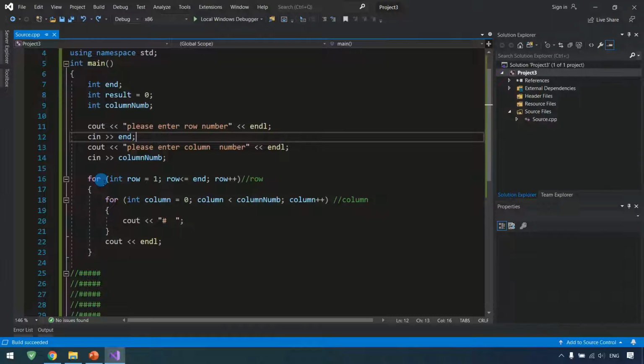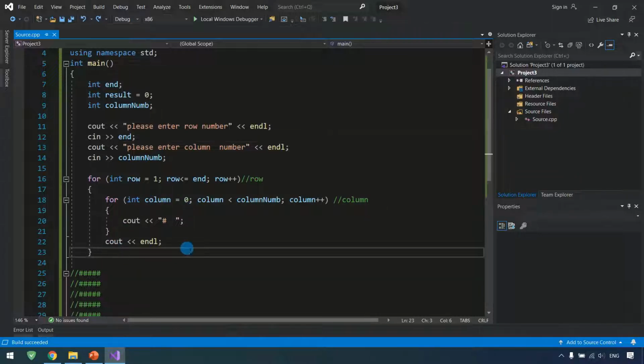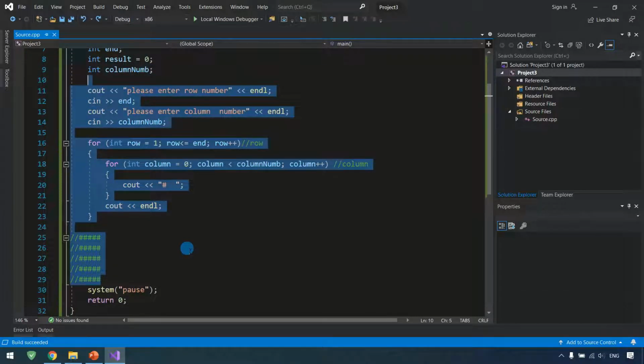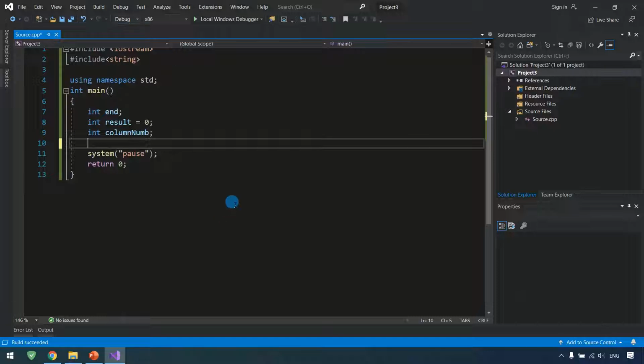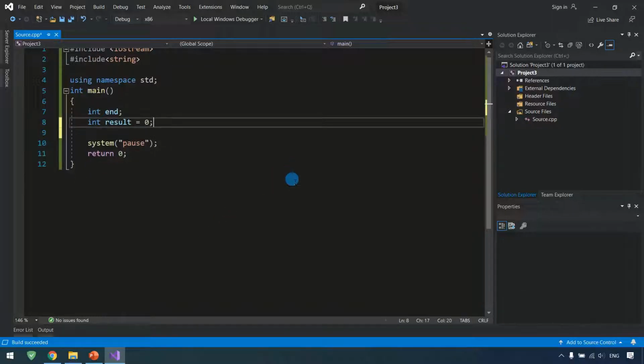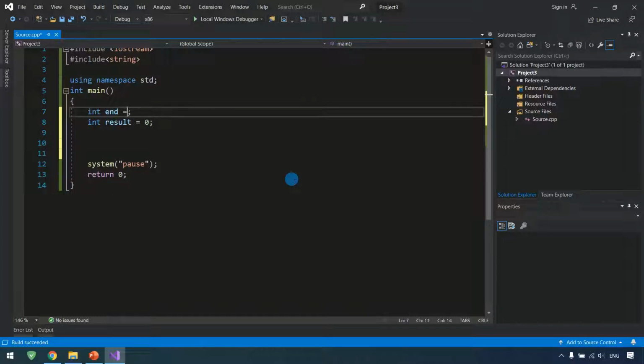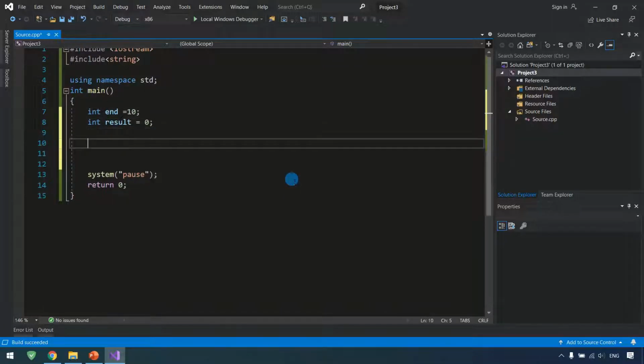We have used single for loop, nested for loop which has if statement inside it, and for loops inside if statement as well. So these are almost all things about for loop. Now we have another thing which is known as while loop. While loop is the same if we apply the same example on both while loop and for loop. So let's say this one is equal to 10. Okay, so the structure is something like this: while true,